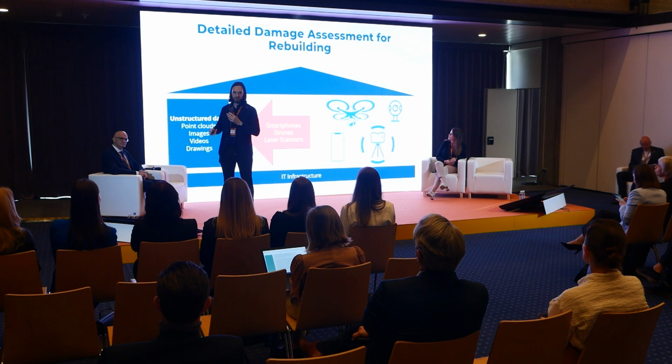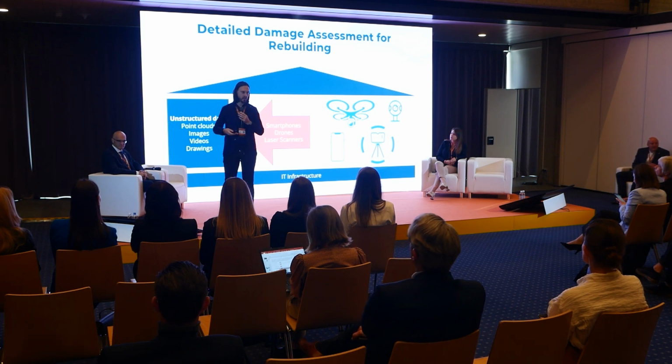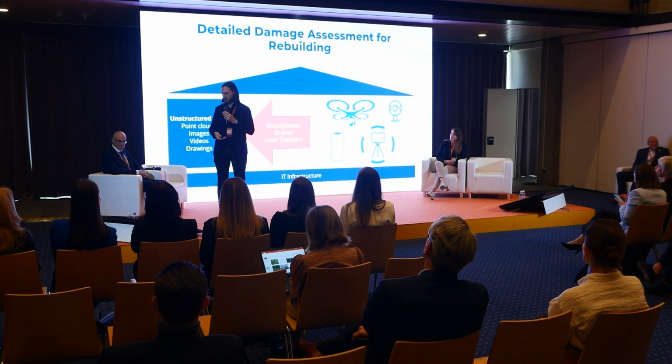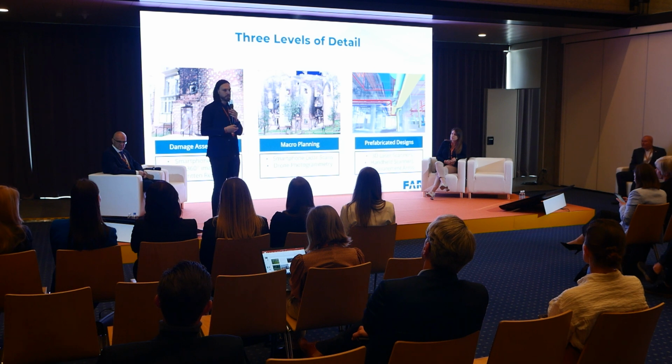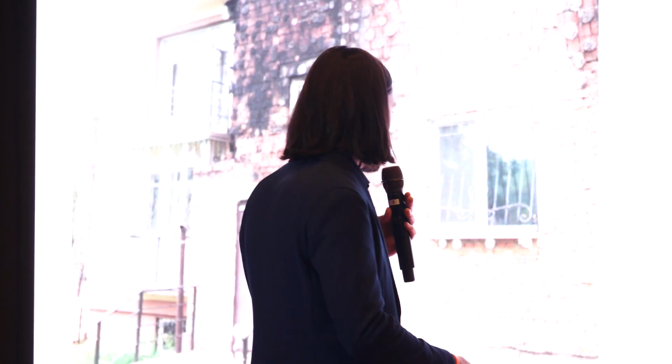But it's important to have it because this is the best representation of what is there right now in that very moment. You need to understand then what kind of level of details you want to achieve in your documentation. So you can go for, let's say, very accessible ones like smartphone photos, 360 images, written reports. You can do this pretty much immediately without a lot of investment, and it gives you already a lot of information about what has happened.